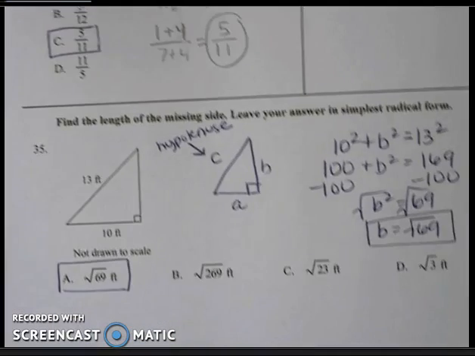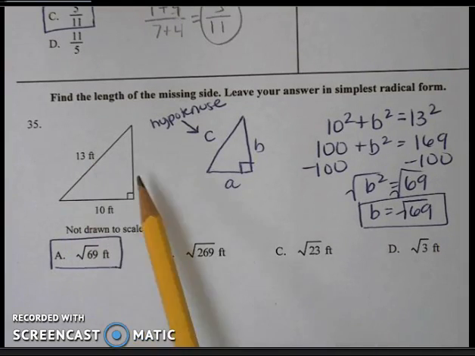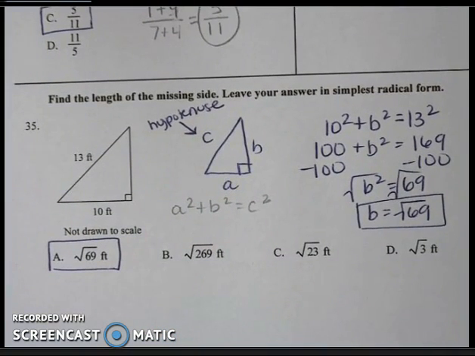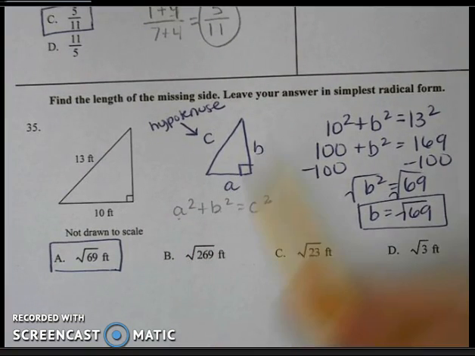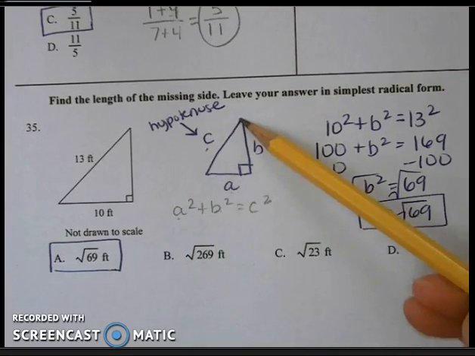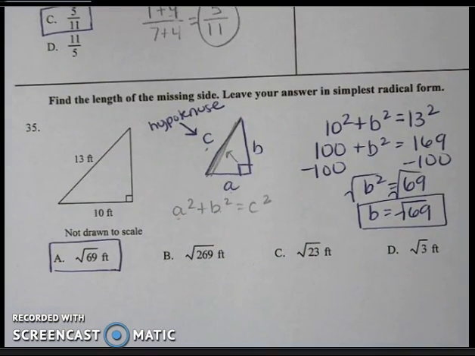Last example is reviewing the Pythagorean theorem. So we know that we run into right triangles in our rectangles, rhombuses, and squares. So if I look at this situation, I have to remember, in order to use Pythagorean theorem, which is a squared plus b squared equals c squared, we have to know what a, b, and c represent. A and B are the legs of the right triangle. It really doesn't matter which is A and which is B. The most important part is that we can identify where the hypotenuse is in the right triangle. It's always the longest side. It is always across from the right angle, or you can think about it a lot of times as the